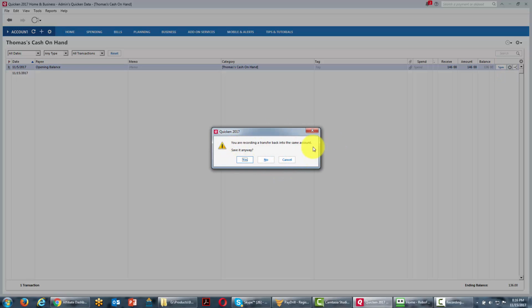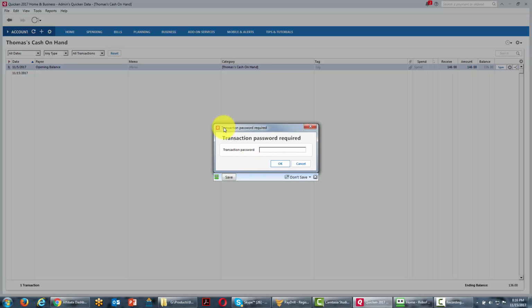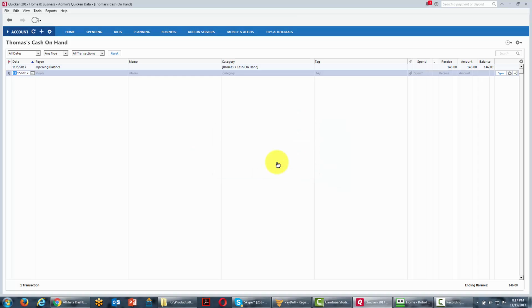Quicken is going to give us this warning message, and we click Yes. Again, because we are editing a transaction that has already occurred, we're required to put that password in again, and we click OK. You'll notice now that we have changed our cash on hand to the day that we reflected. We know that we had